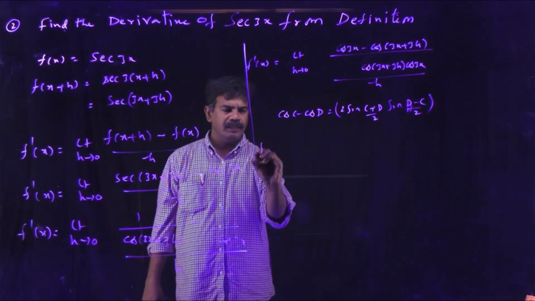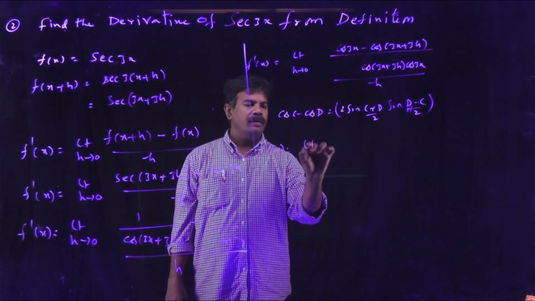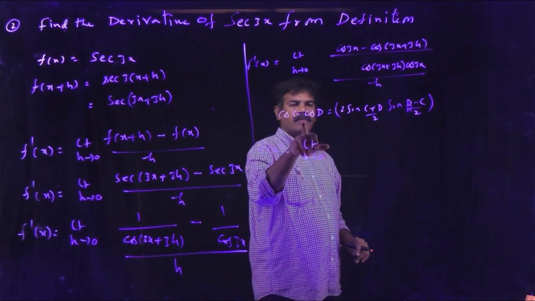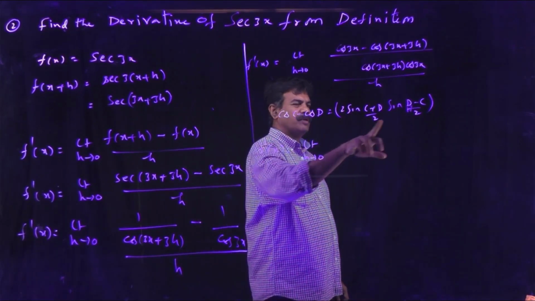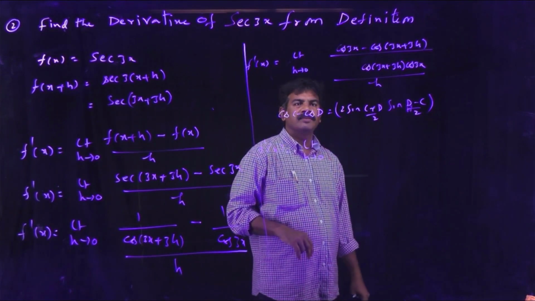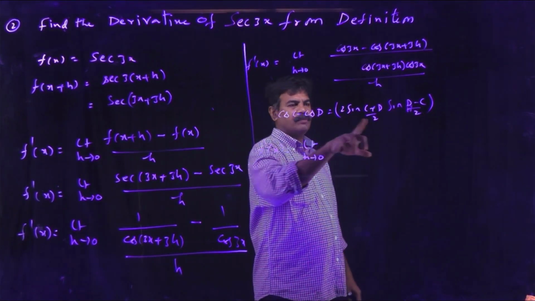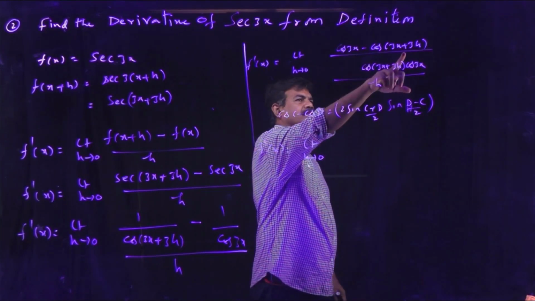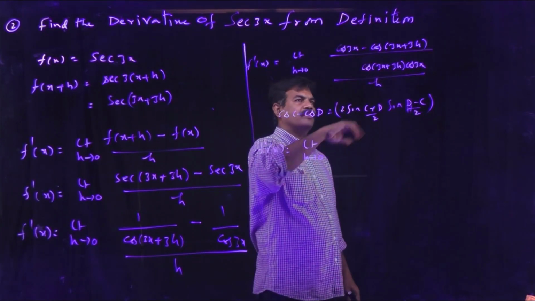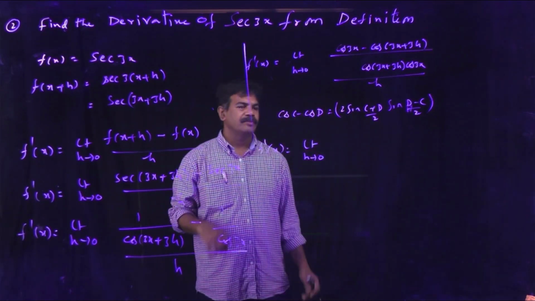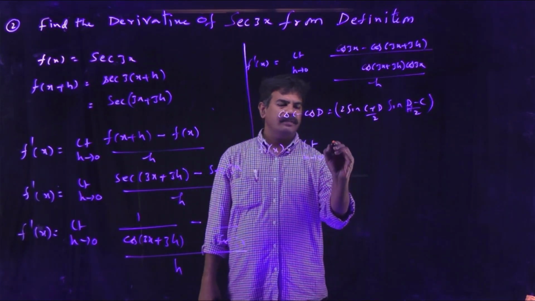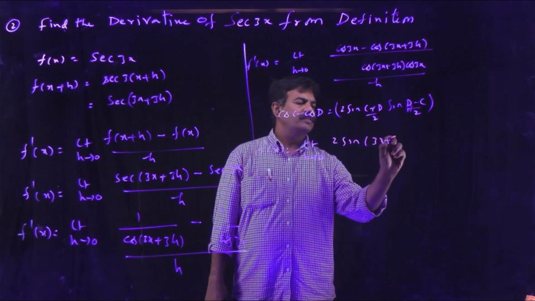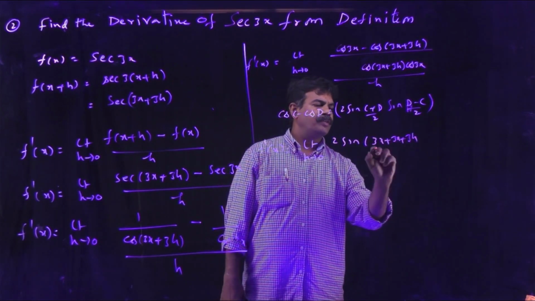So f dash x is limit h tends to 0. We have another formula also there for this. We write minus 2 sin c plus d by 2 sin c minus d by 2. So we use here 2 sin c plus d by 2 sin d minus c by 2 because here d is greater than c. So we write d minus c by 2, that is 2 sin 3x plus 3h by 2